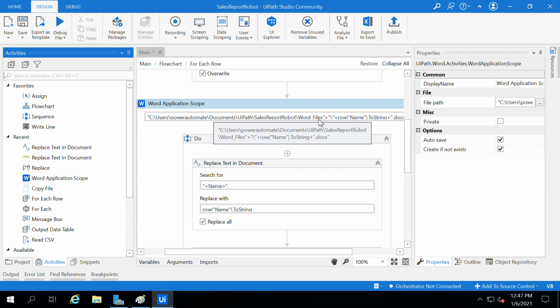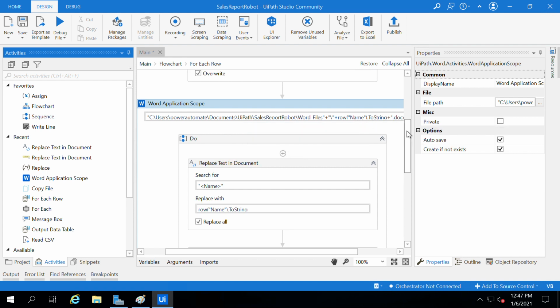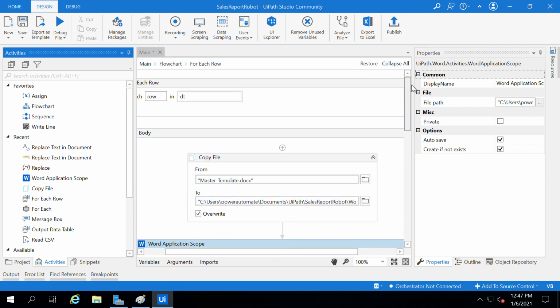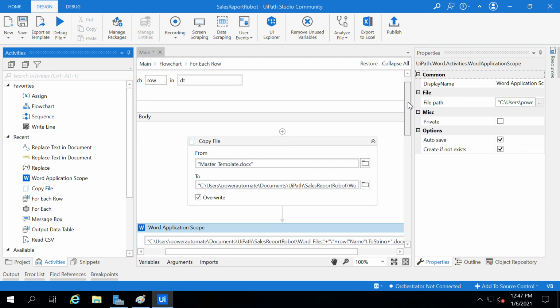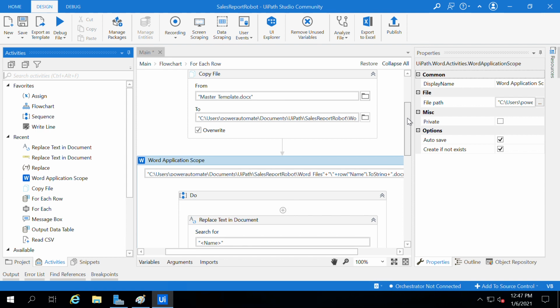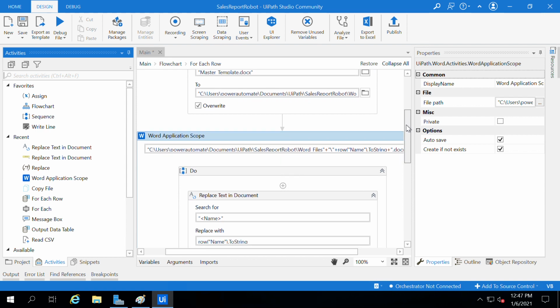So the path is Word files and row name dot toString dot docx. This is also inside a for each loop, so in each iteration it will find the docx file and start replacing text.